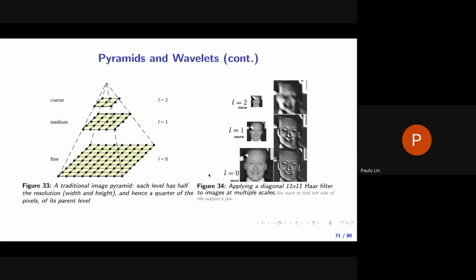For instance, this is the conventional way of constructing a pyramid where the original image is located at level 0, and for the levels above level 0, the image is downsampled by a factor of 2. And in the image on the right, this one,